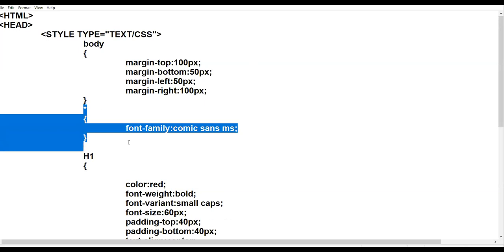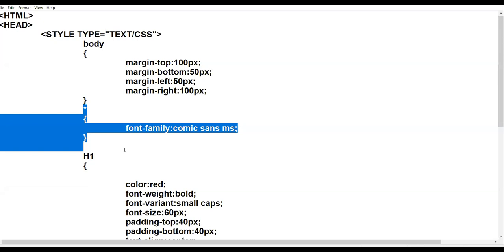In the last session pre-board, in the January pre-board, there was a question of 2 marks. Define universal selector with the help of example. Universal selector means a property which is common to all the elements of web page. And how to set the universal selector? We write asterisk. Asterisk means this property is going to be applied to all the elements of web page. This is a common property which will be applicable to all the elements of web page.